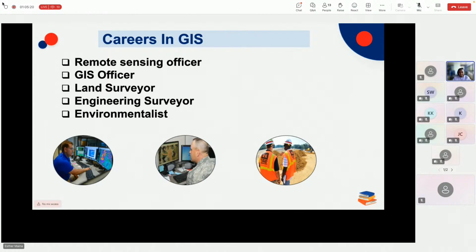Another example of a career is in engineering survey. These are surveyors who specialize in the engineering sector, for example construction of roads and buildings, to ascertain that the land can support the building you want to put up. When you want to build a house, you consult an engineering surveyor who tells you that you want to put up a 10-story building, but based on the properties of this land, the elevation, and the analysis we have done on the soil, this land